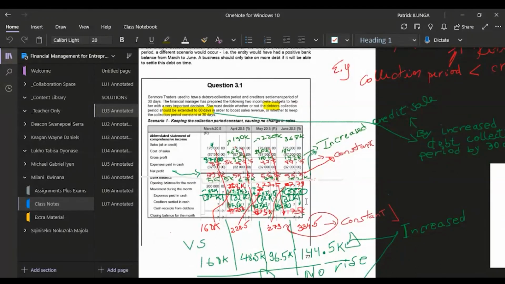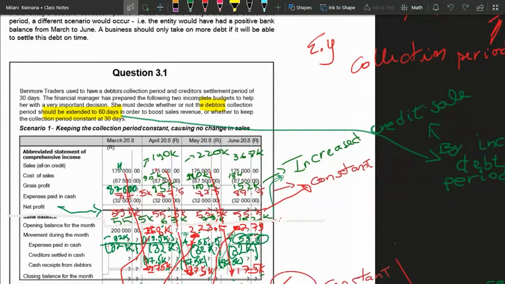Okay, so Milani, that's one of the things. I think that there are notes, there are annotations. The correct term is annotations. I think it's just a matter, first of all, of going through the examples and looking at the annotation. The 2 examples for question 3.1 are giving you 2 scenarios, and the 2 scenarios are basically looking at one that is constant,